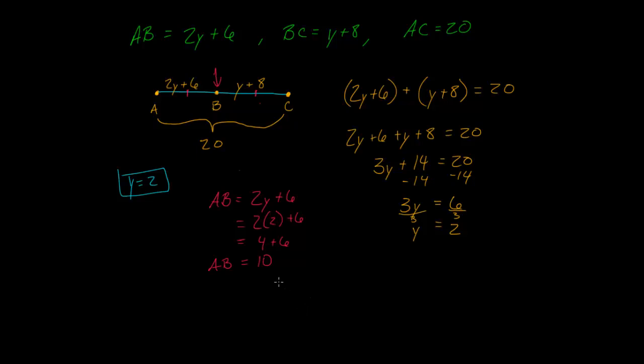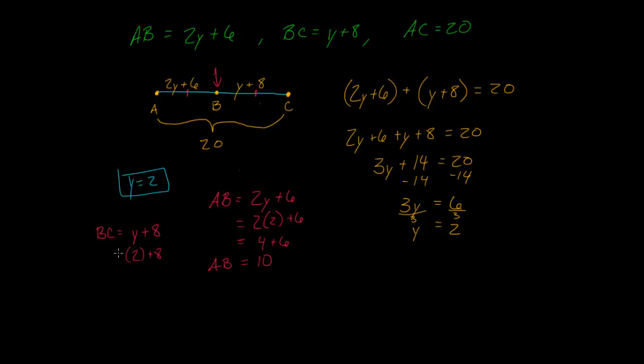Now you can do this one of two ways. You can ask, is 10 half of what AC is equal to? In that case, yes, it is. But just to continue on, some of these might not be so apparent. It's pretty easy to say 10 is half of 20, so BC must also equal 10. But some numbers might not pop out in your head quite as quickly. So to finish checking this, I'm going to look at my BC and rewrite that: BC equals y plus 8, which is real quick to substitute in, 2